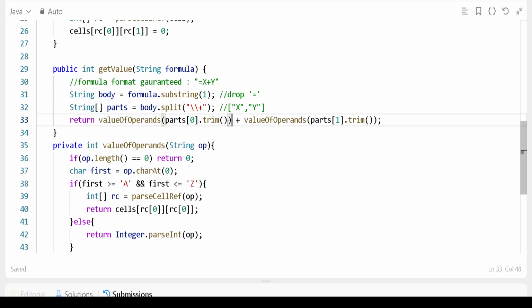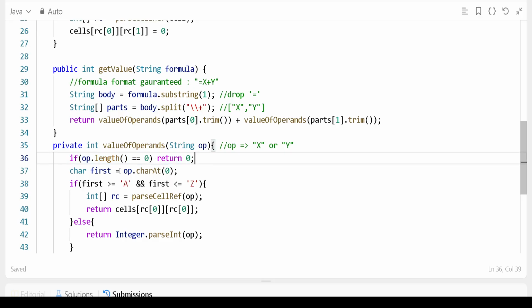Very first we have to find the value of this x. So we will trim this value, right, and we'll get here. So when we are calling here, it means we are calling one string, x or y. Okay, this is our operation. Means operand is nothing but x or y, we can say that. When we say if the length is equal to 0, it means sometimes it may happen it is coming 0,